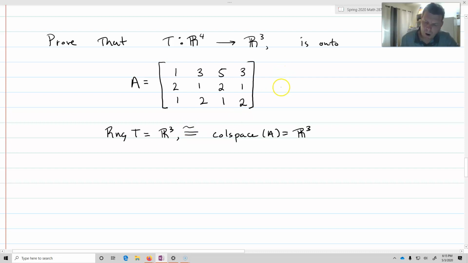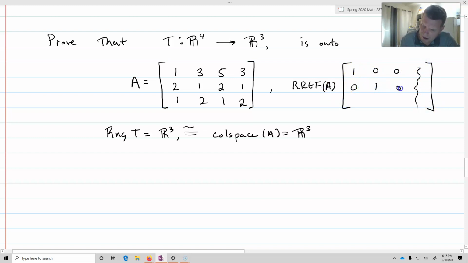So I row reduce A, and when I take the RREF of A, what's really important is what I end up with. Doesn't matter what's happening in that fourth column. This is what I end up getting: I have no rows of zeros. Everything's inside of R3, and I have these three pivot vectors. So my basis for the column space